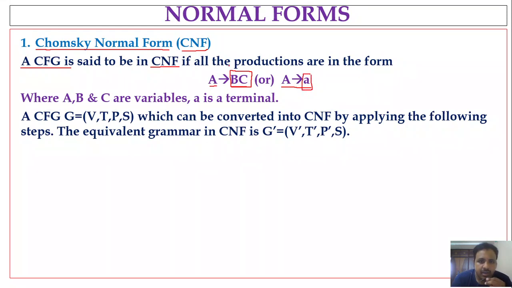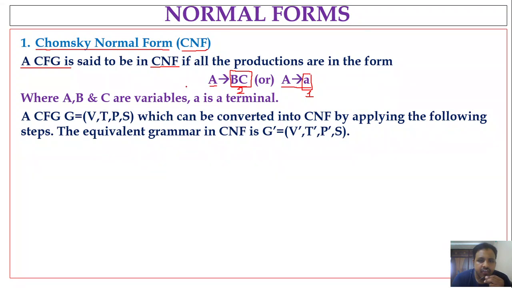So if we consider the productions in this form, we are going to have a restriction on the number of symbols in the body of the production, right? If we are having variables in the body of the production, those are restricted to exactly two variables. So we are going to have only two variables in the body of the production, or if you are interested to denote a terminal, then exactly one terminal is allowed in the body of the production. So the productions will be in this form.